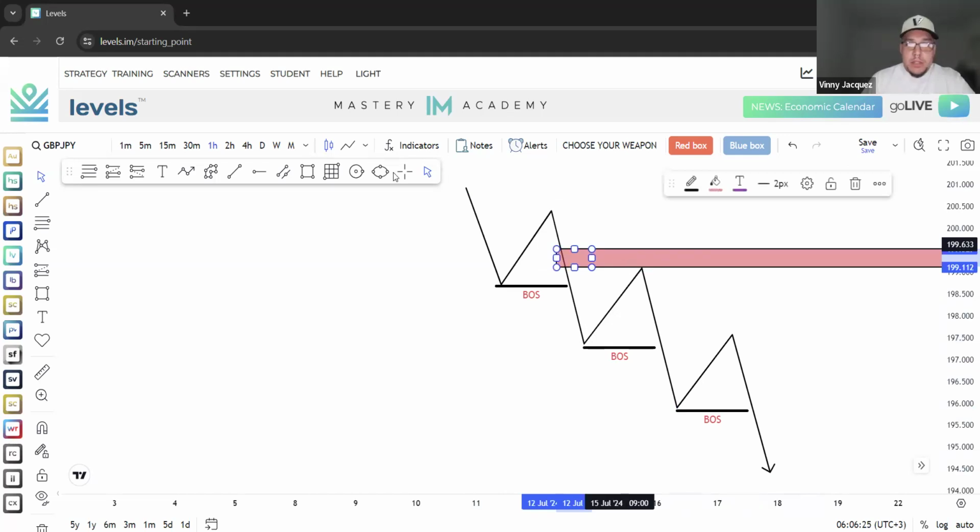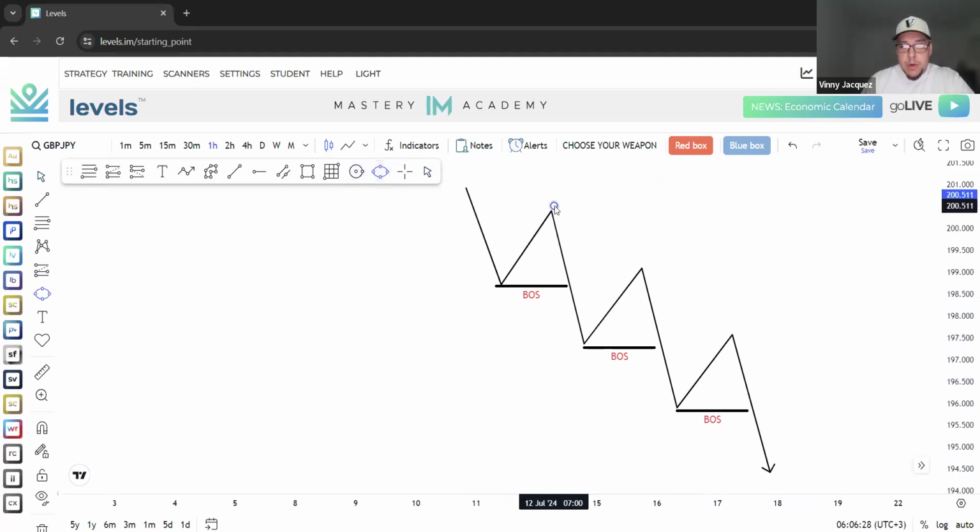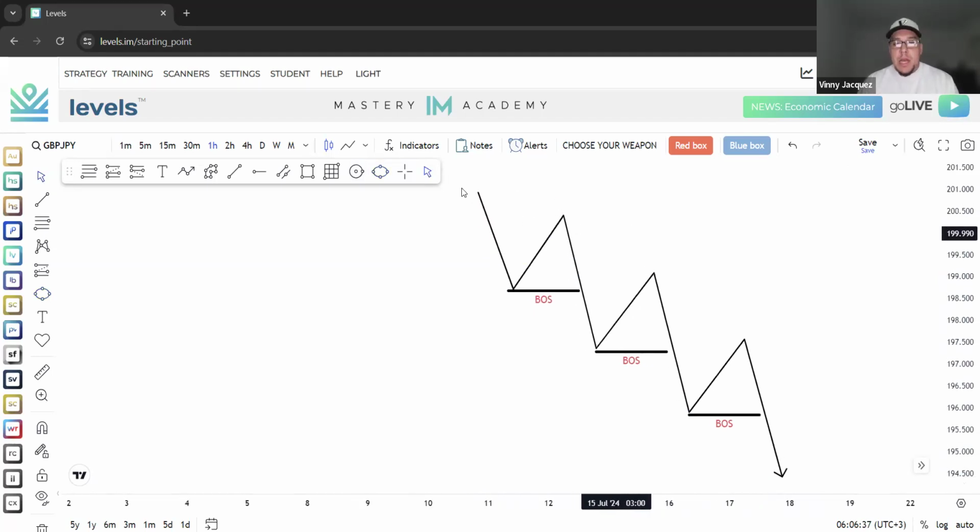But what about the market structure? What about the pullback right here? What can I see here that can help me better understand a sell scenario? And I want to break this down because, in my computer,